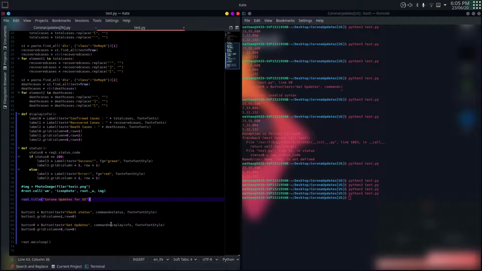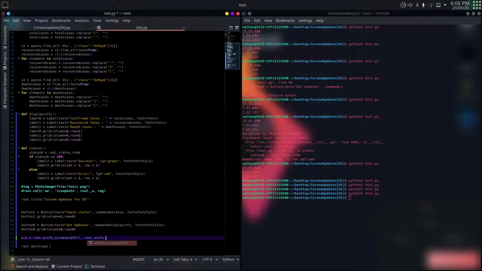Now that is solved, one more problem is left: we need the application to open as a default maximized application when we click it. So the way you can do this is by typing w, h equals root.winfo_screenwidth and root.winfo_screenheight,